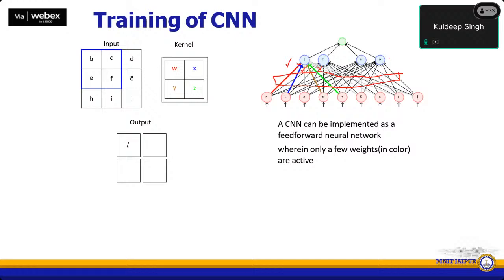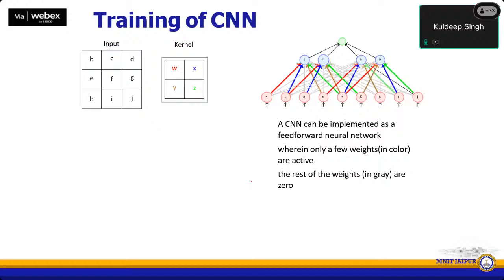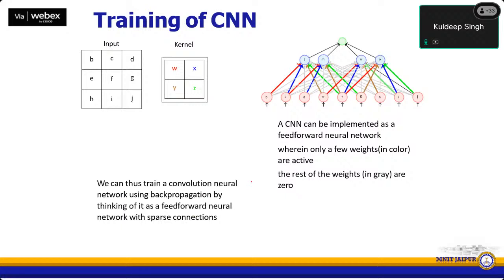That means the rest of the weights, which are depicted here in gray, are zero. So we need not compute the gradients of the loss function with respect to these weights because these are zero. That has saved our computation for training these CNNs in comparison to a feed forward neural network. So basically, we can train a convolutional neural network through backpropagation, and